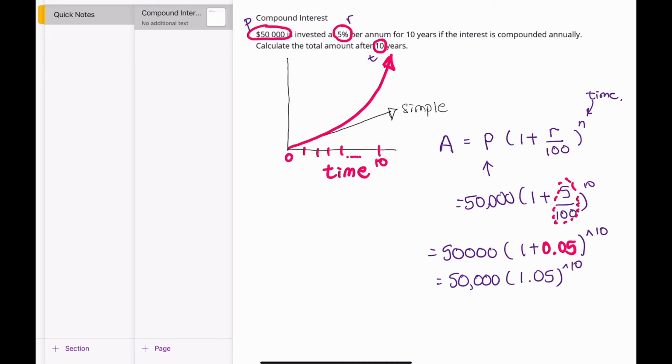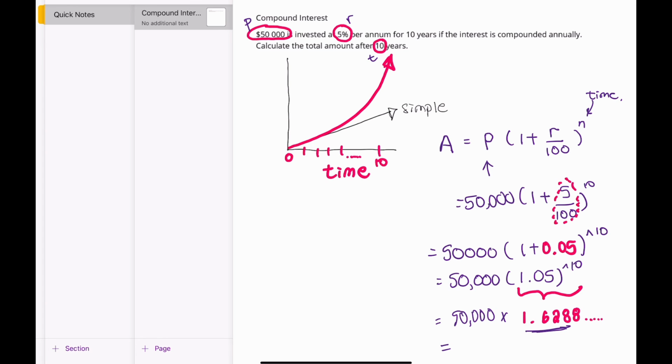So if I do that on my calculator, 1.05 to the power 10, this portion right there is giving me 1.6288 and many more decimals. I'm just going to keep that on my calculator screen, and then we're going to multiply that by 50,000. Why do we do that? Well, you're supposed to do the exponents first before you multiply. So I have this number kept on my calculator screen, and then I'm going to times that by